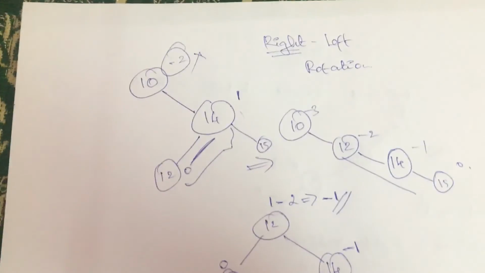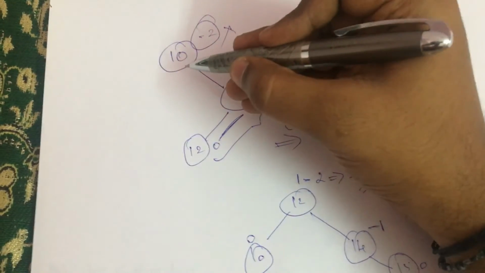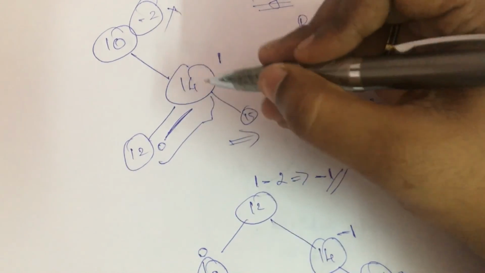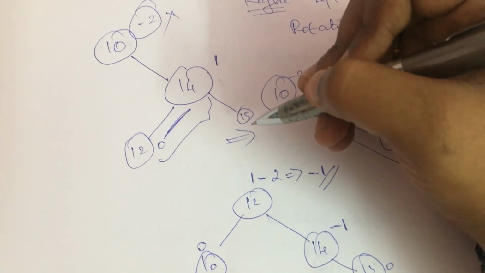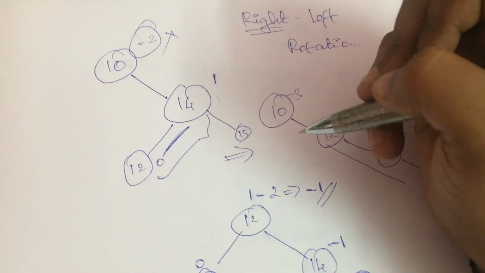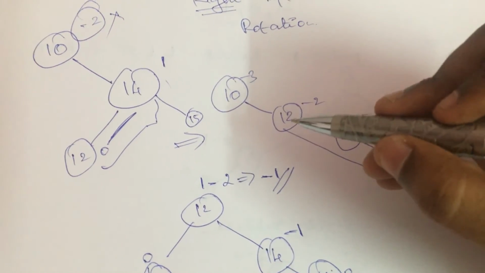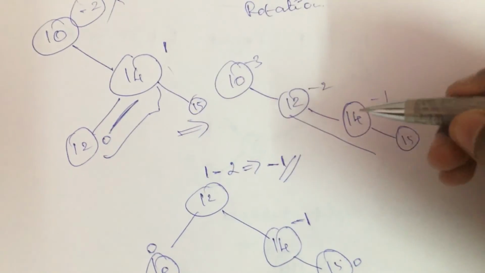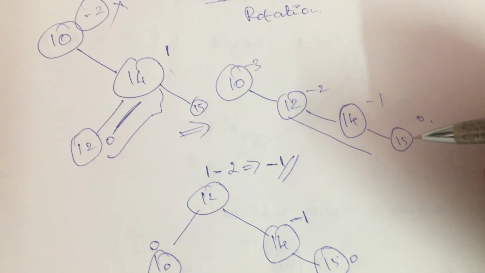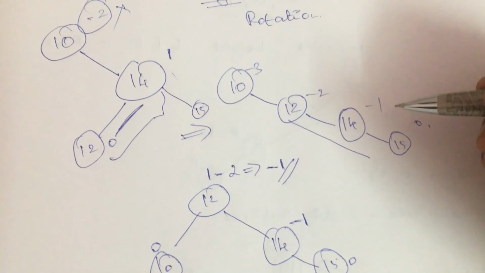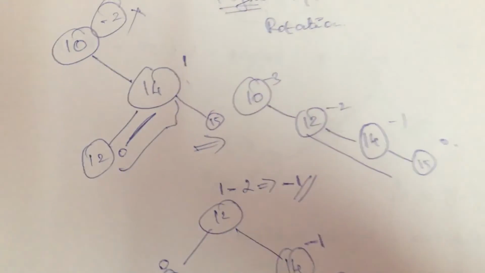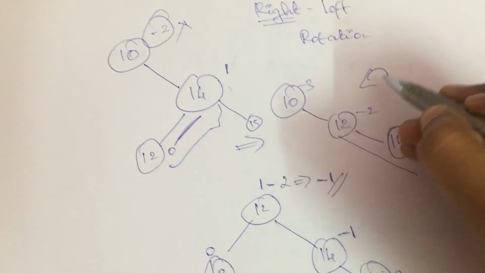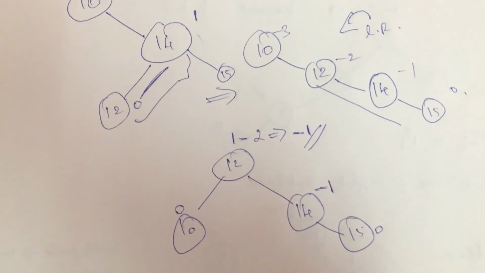What we have done is, first we had a tree where we have the number 10. 10 has a right as 14, 14 has a left as 12, and 14 also has a right as 15. Now I want to do a right rotation at first. After doing the right rotation, the tree looks something like 10, then 12, sorry guys, so 10, 12, 14 and then 15. Now I am trying to find the entire height of the tree, where the root node 10 has the height as -3. So now I want to do a left rotation. After the left rotation, see what happens.